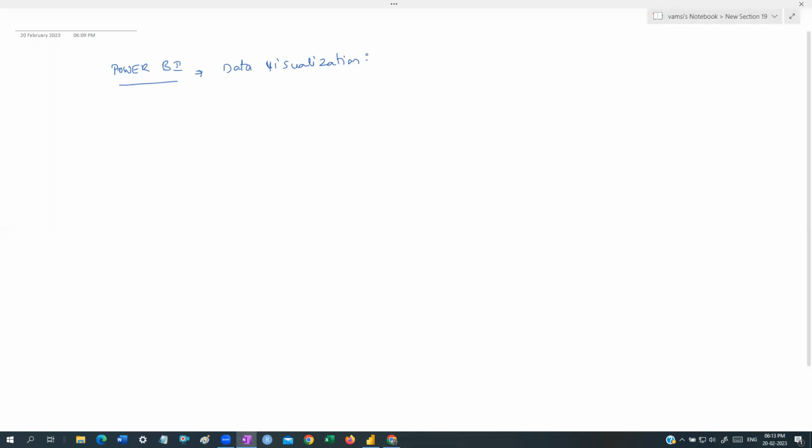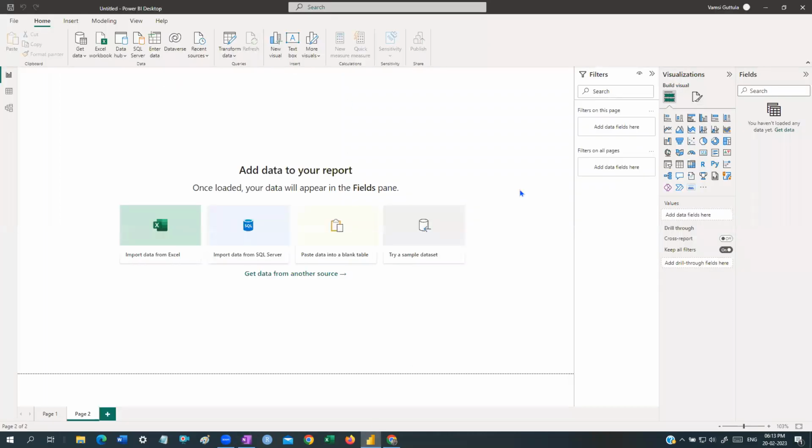So in data visualization, what are the terminologies we have to learn? What is a scatter plot? What is a line plot? You can see it, guys. You can install it, it's not a matter. Whenever we install Power BI Desktop, don't worry, guys, I'm not starting with anything about Power BI.